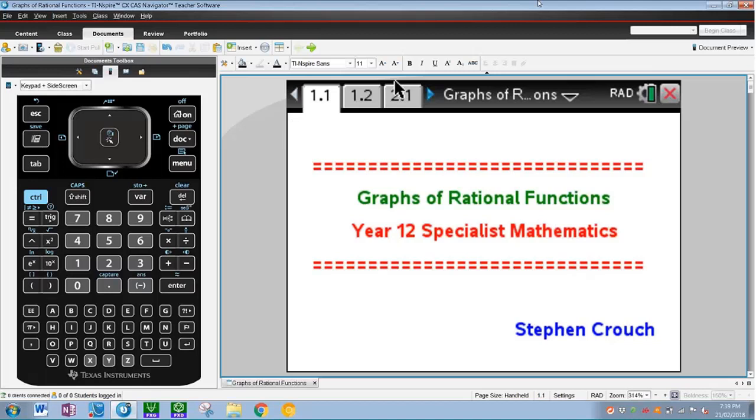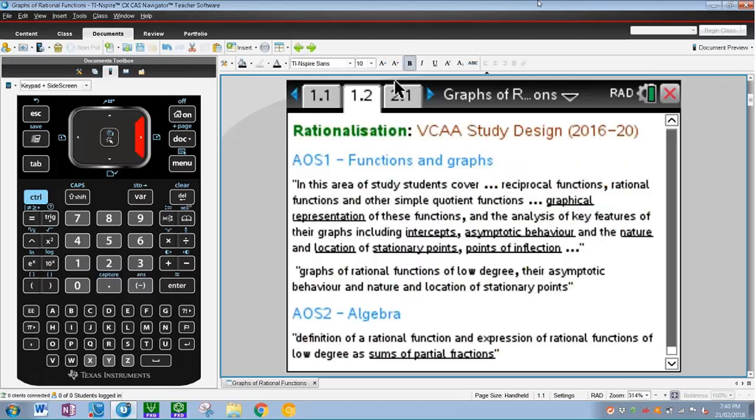So I'm sure that all the teachers out there are familiar with what rational functions are. So what I might be going through might be previous information, and you might learn a few new things along the way as well. So without further ado, let's make a start. So we're going to look at graphs and the forms of certain rational functions. So before we even get started, I'd like to give you a little rationalization as to why we're doing this. The main thing is